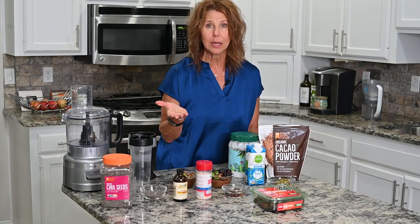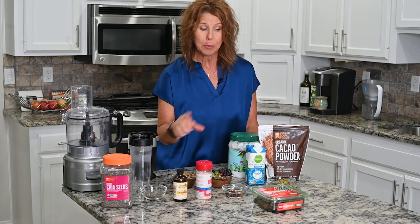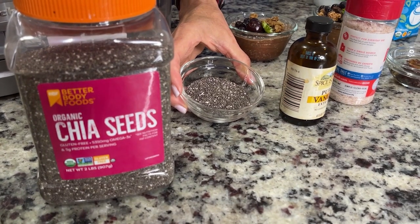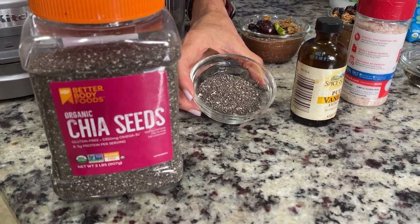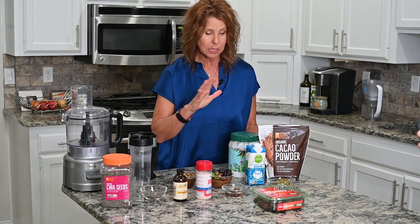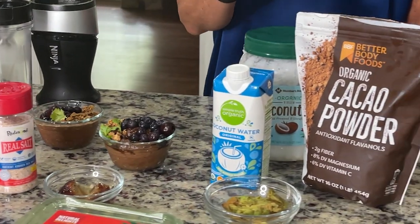The second one that I also do a lot is very similar, with most all of the same ingredients, but we take out the avocado and then we add chia. So it's chia chocolate pudding. We have the same ingredients. The one tip, however, is that we want to keep these chia seeds whole and we don't want to blend them. So we mix in the coconut water first, and then we add all of the other ingredients,